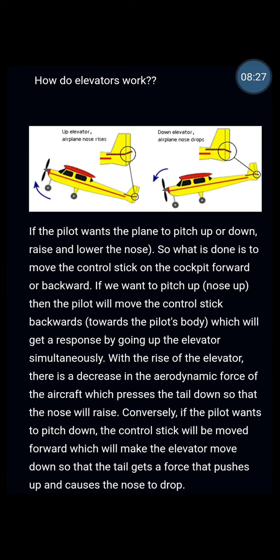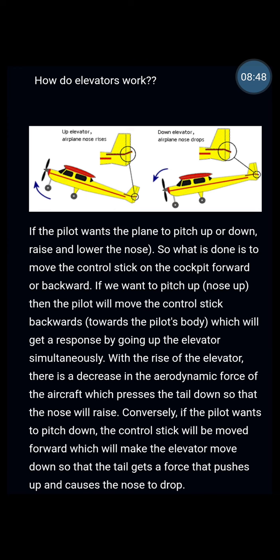If we want to pitch up or nose up, then the pilot will move the control stick backwards or toward the pilot's body, which will get a response by the elevator going up,